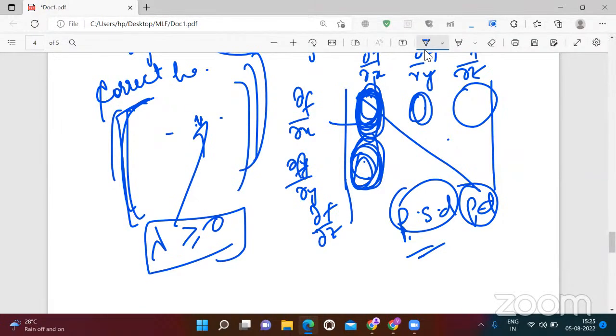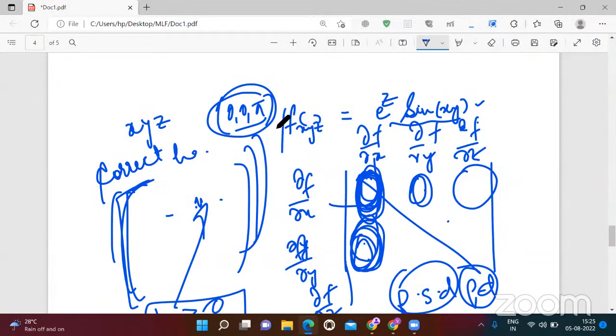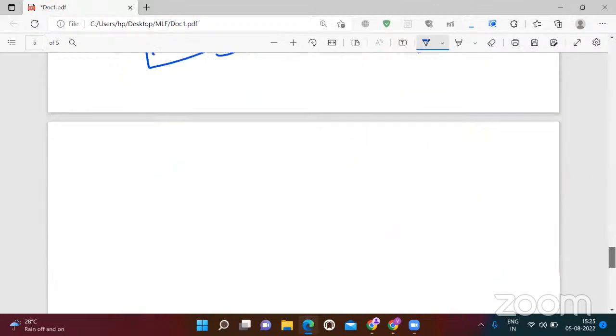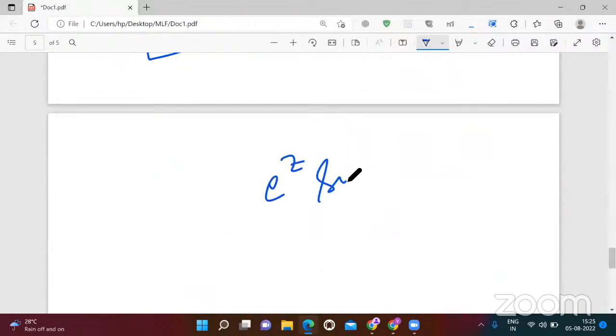Sir, what kind of questions can we expect from this? So this is what I'm telling. You will get some sort of problem like this. For example, e to the power z sine of xy. You'll be asked to calculate the Hessian matrix at